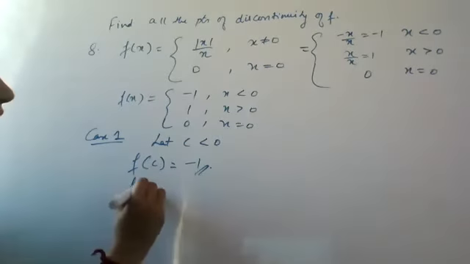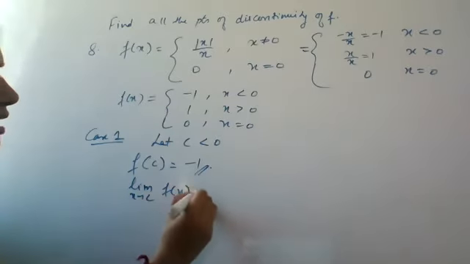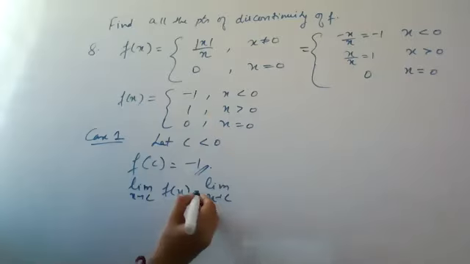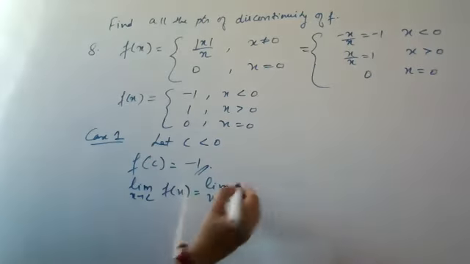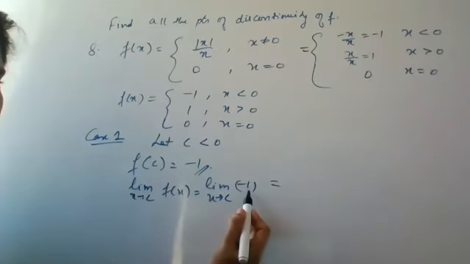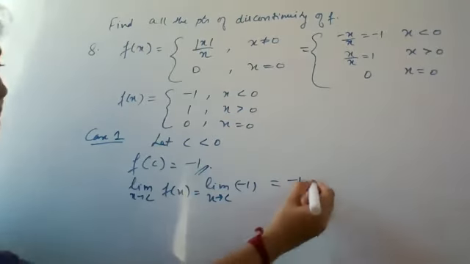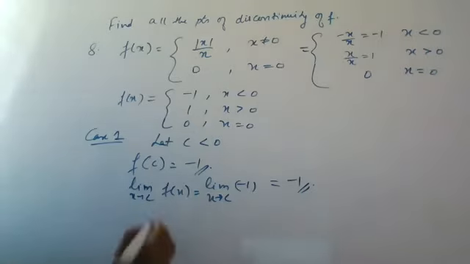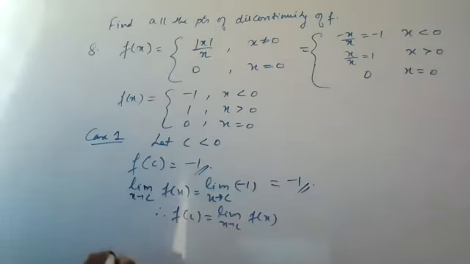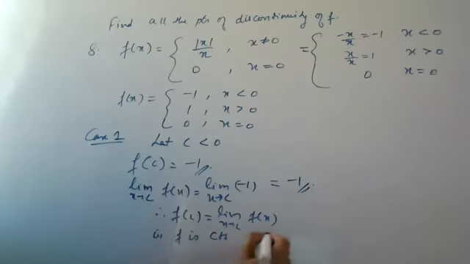Okay. Now, if I take limit x tends to c f of x, then also the function's value is -1 whenever it is less than 0. So here I will write function value as -1, and you don't have any c here or x here in order to replace it with c. So you'll get the function value as -1, and the limit, kitna aayega, -1. Therefore, f of c is equal to limit x tends to c f of x. Hence, you can say that the function is continuous for all values which are less than 0. ठीक है, तो negative values के लिए continuous है function.